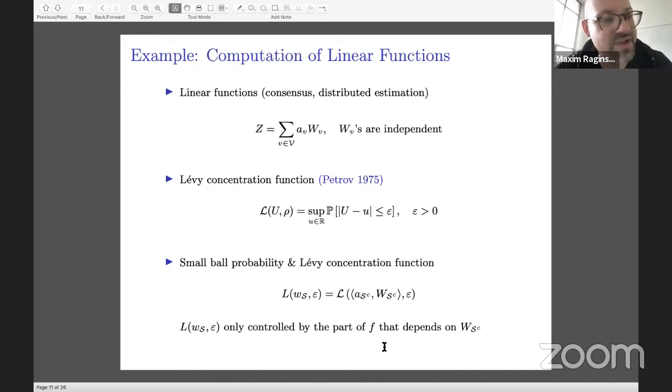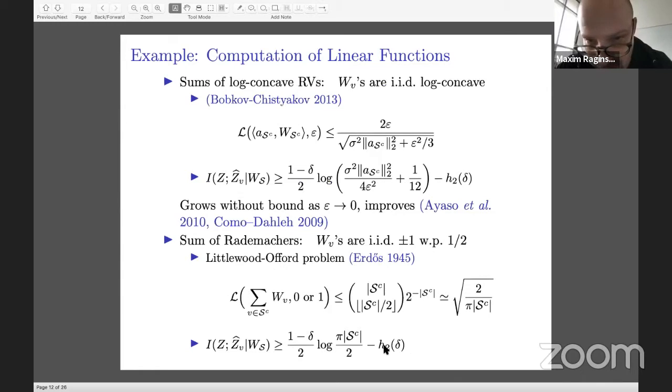And now that we know this, we can use a lot of known results on these Levy concentration functions in order to say something concrete. For example, let's suppose that the Ws are IID, and they are log concave, right? So essentially, if you want to have an example, each of the Ws has a density whose logarithm is a concave function, and you can make this more precise by allowing negative and positive infinity in the log of that. So, for example, Gaussians are log concave, uniform random variables on an interval are log concave, etc. If this happens, then we have a nice bound by Bobkov and Chistyakov from 2013